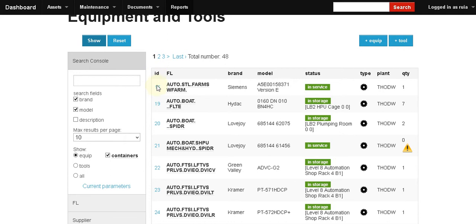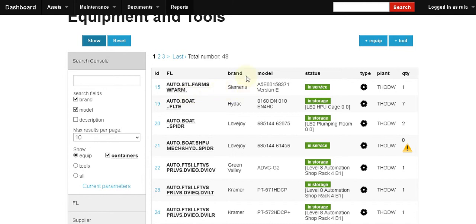Every equipment has a unique ID, and this is also how you go to the display page of a given equipment. Then this is the target functional location. When you have an equipment, it's going to a certain position on the field. It can be in storage, but it was bought to be used in a certain position on the field. So this is what tells the system where each equipment will go, or where each equipment is. It depends whether it's in service or in storage at a given